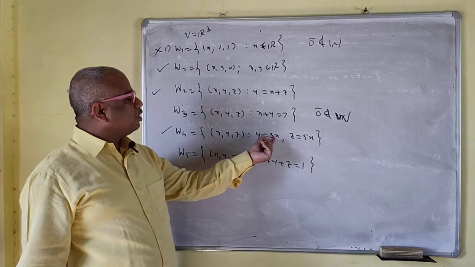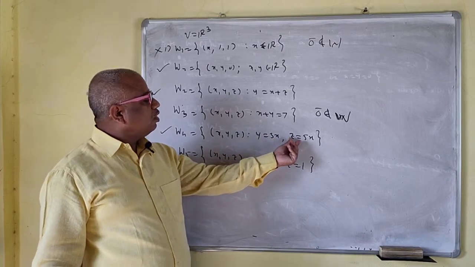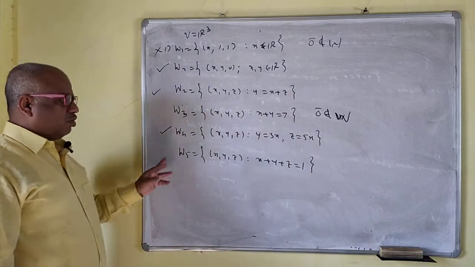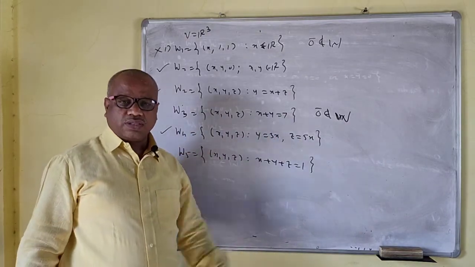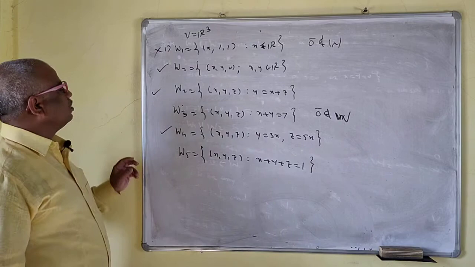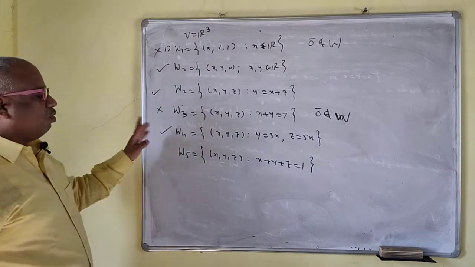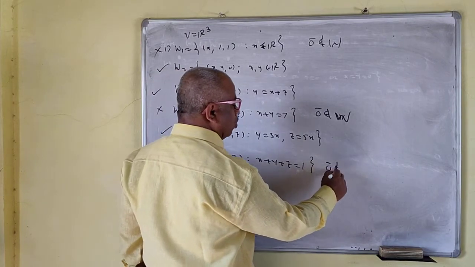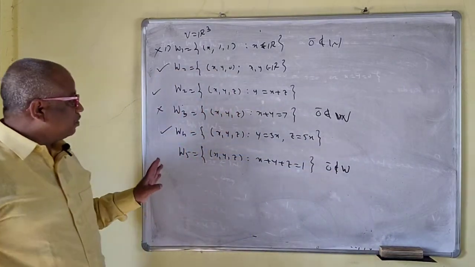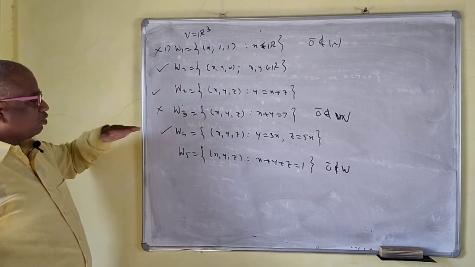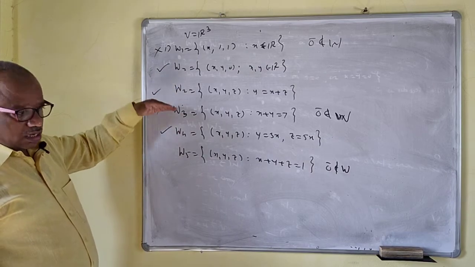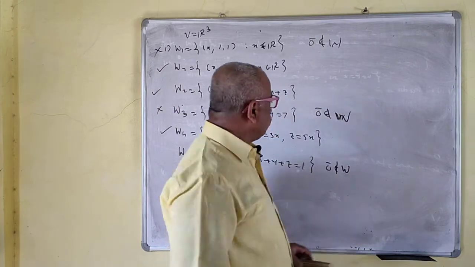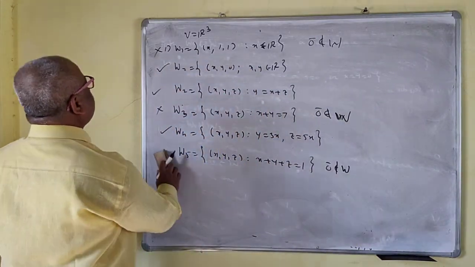For the sum, y1 plus y2 is the same as 3 times (x1 plus x2), and z1 plus z2 is the same as 5 times (x1 plus x2). So this is okay. If you multiply by k here, it is fine too. So this is the subspace. The previous one is not a subspace. Now in this one, 0 bar does not belong to W, so this is not a subspace. I hope that you can do these three. Just check all of them for the three conditions A, B, C. This is an exercise for you.